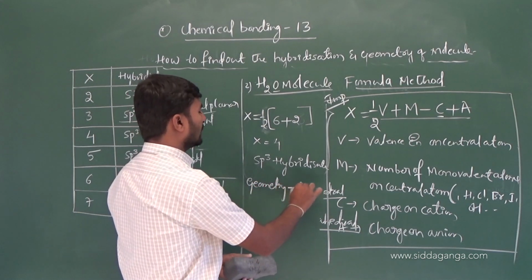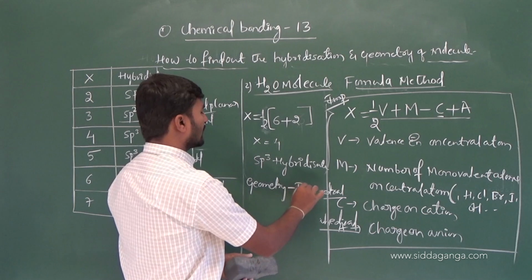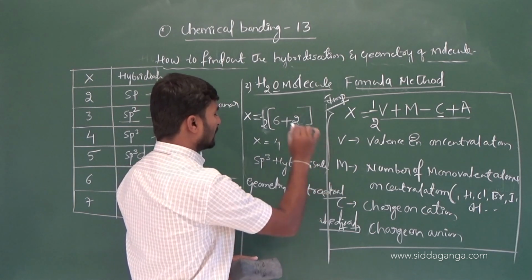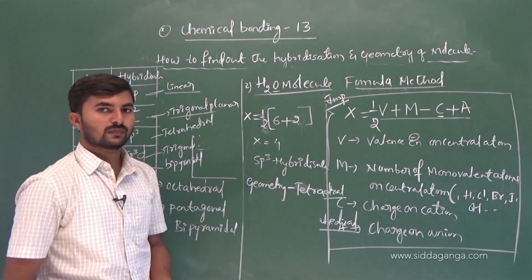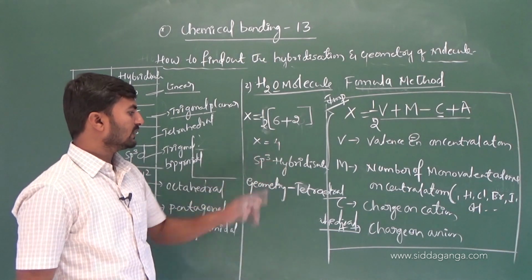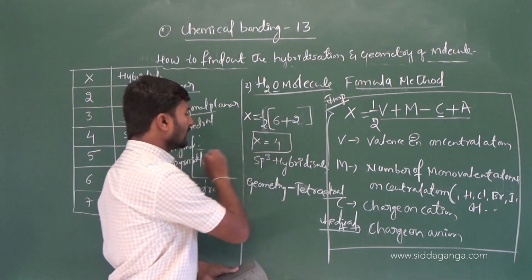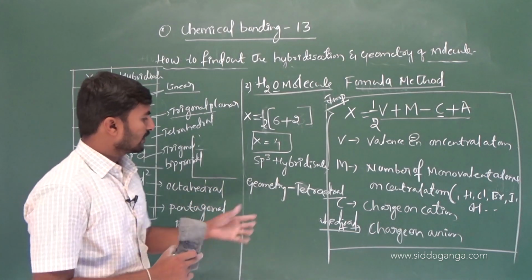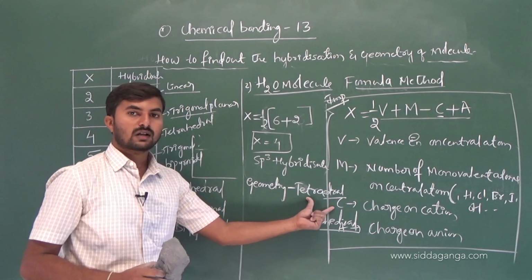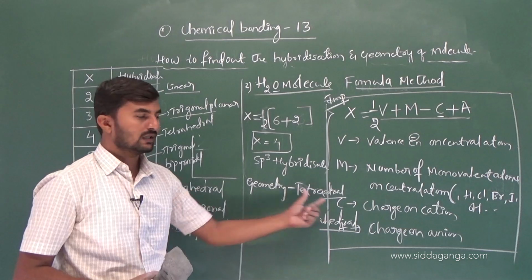Geometry of the molecule will be tetrahedral geometry. sp^x is equal to sp^3, so we call it sp3 hybridization, followed by the geometry of the molecule will be tetrahedral. Okay, next,